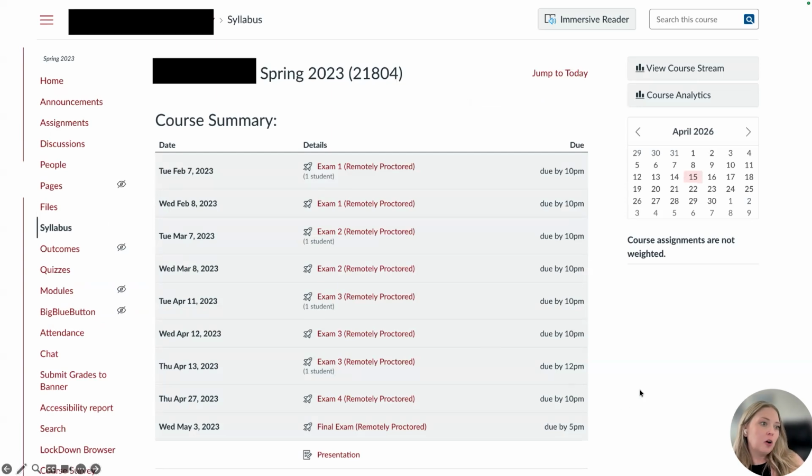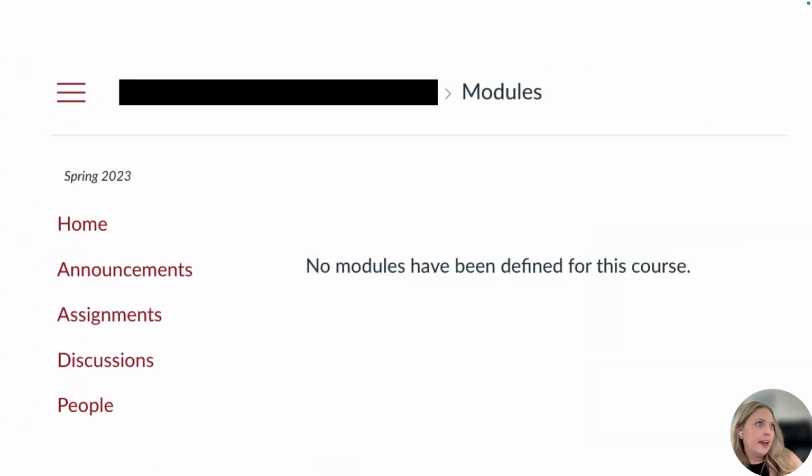Okay, so we're in this same course, and let's pretend that I'm actually a proactive student. And I think, you know what, maybe I better look in the modules. Maybe I better look somewhere else. Just because there's just a home page doesn't mean there's not something else. So I go to modules and nothing. Okay, I'm still engaged. I'm still excited. I still want to take this course. So maybe I can look at